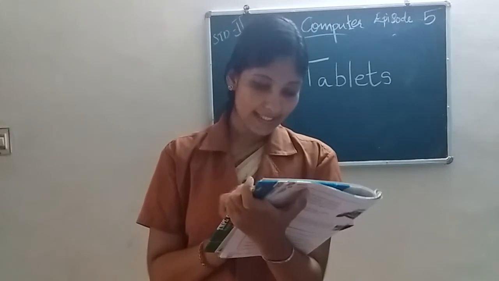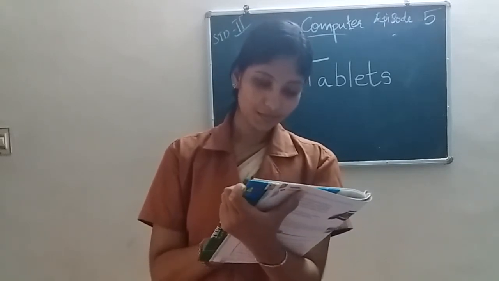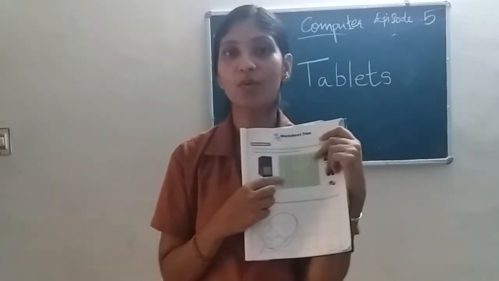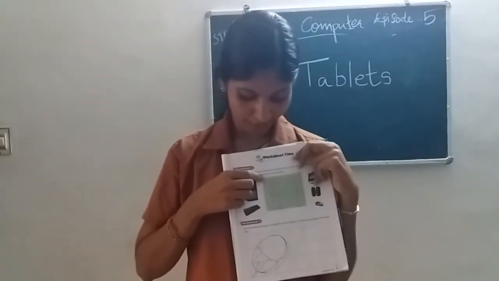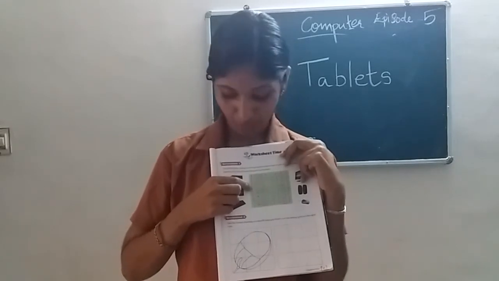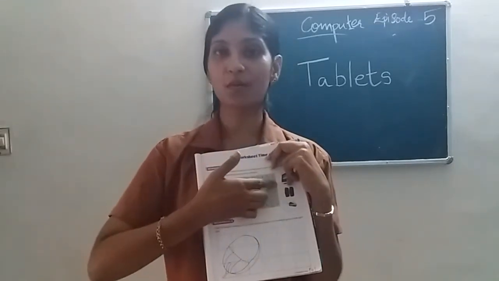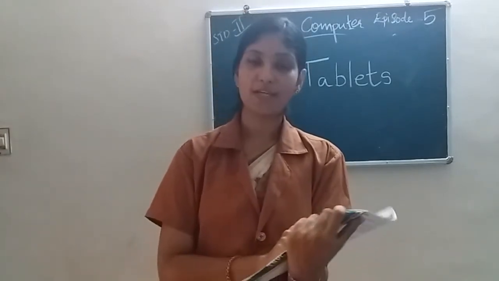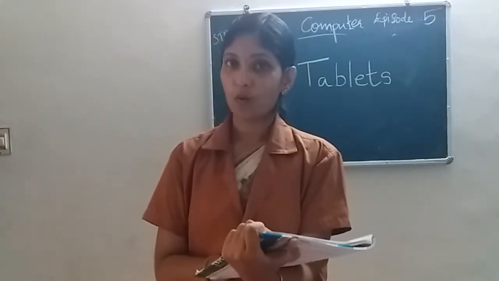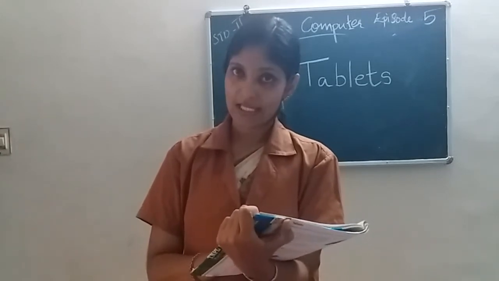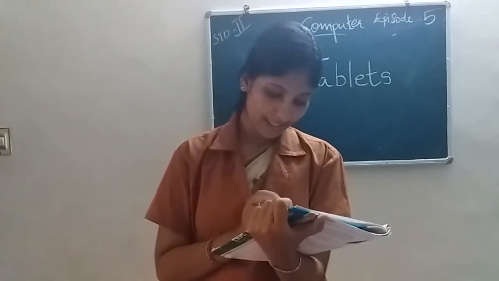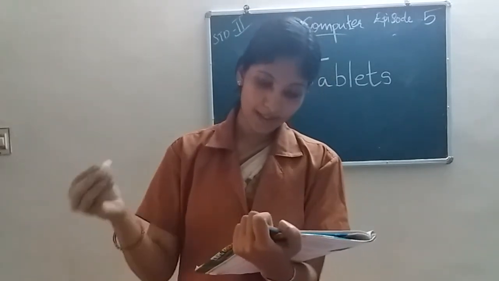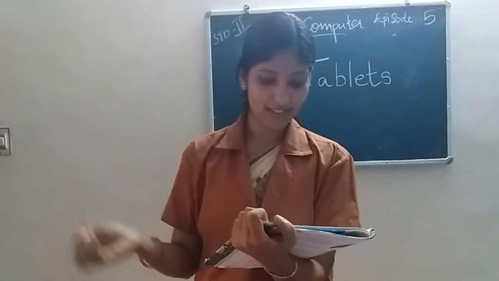Okay. Next is, in the fifth row you can see the word monitor. Fifth row means first row, second row, third row, fourth row, fifth row. In the fifth row, you can see the word monitor. So, monitor. Monitor spelling is M-O-N-I-T-O-R. So we found out CPU, speakers and monitor.